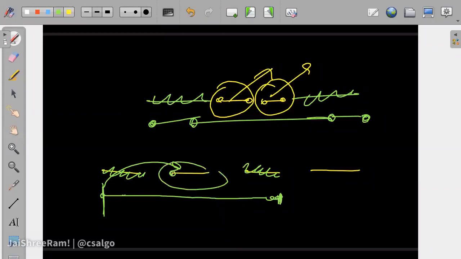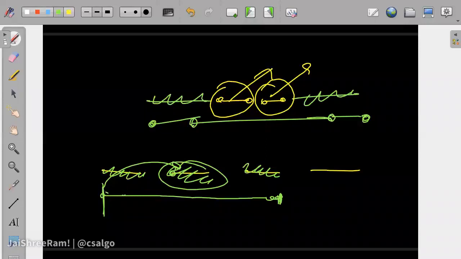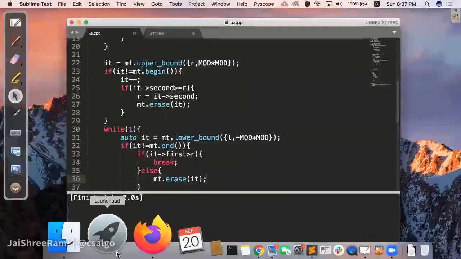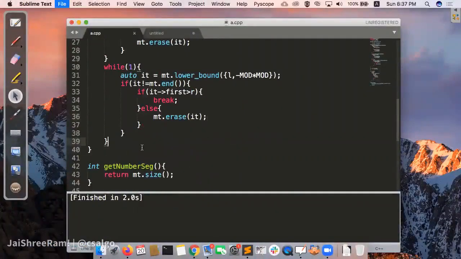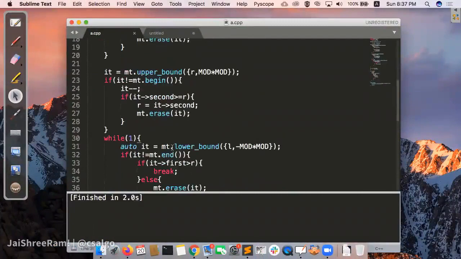So we delete this because this is going to get completely subsumed. It will get deleted in the first iteration. It will come to this, and then this while loop will run again. Or else we again search for the next point. It will give you this point, and its L is now after this. So you don't need to erase this one. It will remain in the multiset and you will break out of this loop. And this is how you can maintain the segments in the multiset. Is it making sense? Can you maintain pairs in a multiset? So this is the idea of maintaining segments in a multiset, so that you can do insertions and so on.